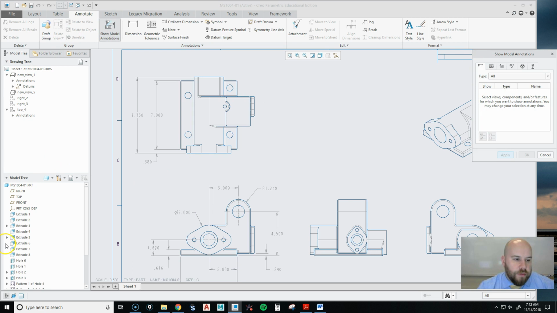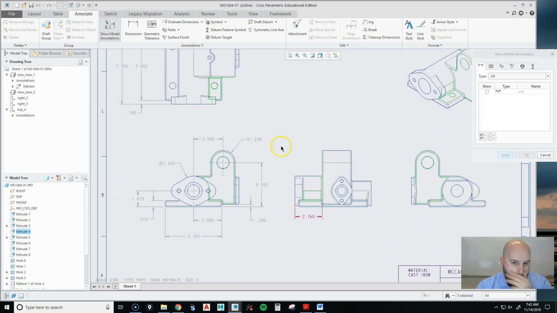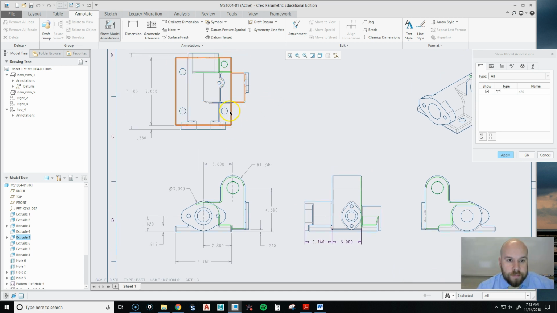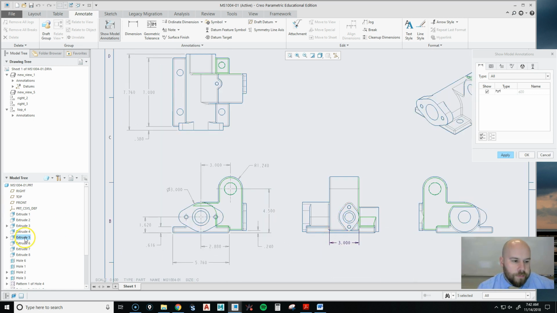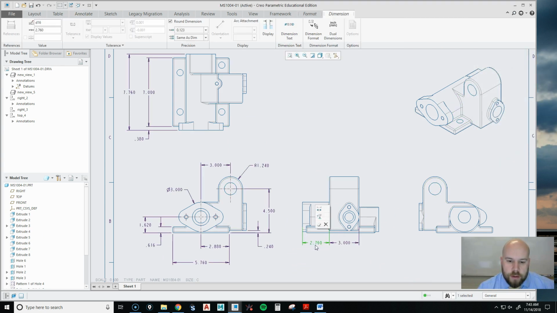Show model annotations, dimension. Just did Extrude 3, so Extrude 4. That's our cut back to here. That's probably, might be a good view to show it. I'll pick that. Extrude 5, there's our width. That looks pretty good. And as I look at this, probably not as clear to show it down the bottom here. I could show it up here. But I do kind of like, oops, bring that back. I hit OK. I do kind of like it on this view